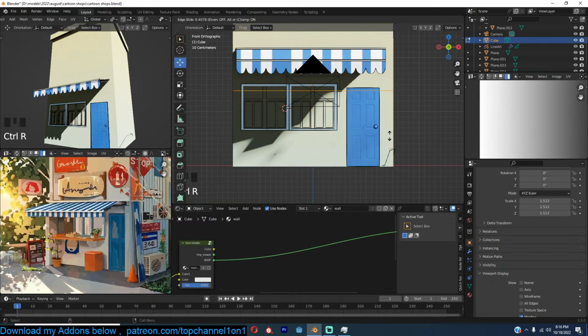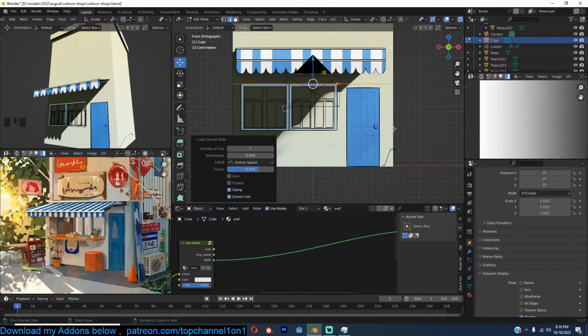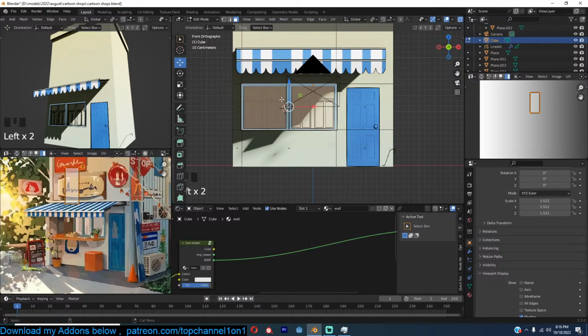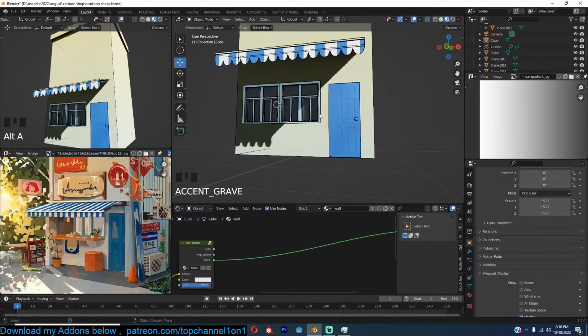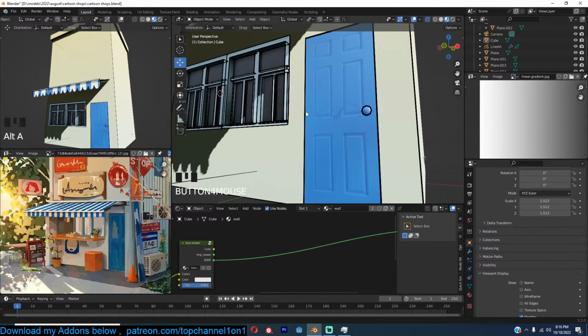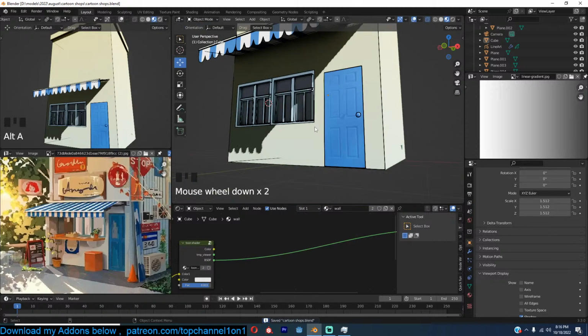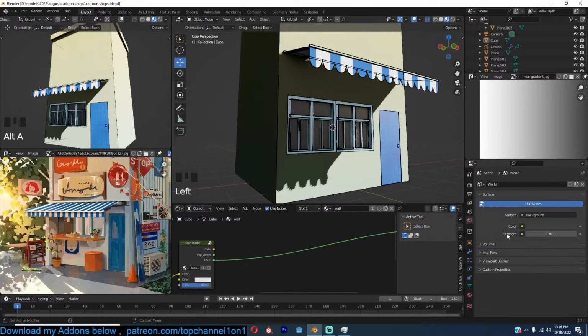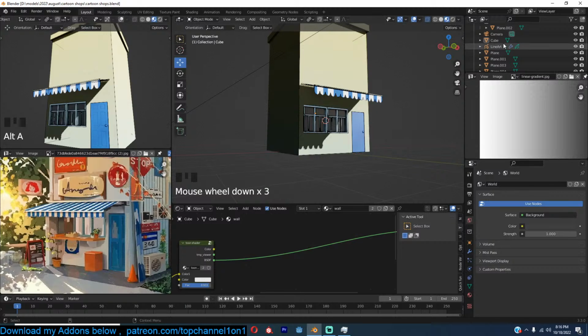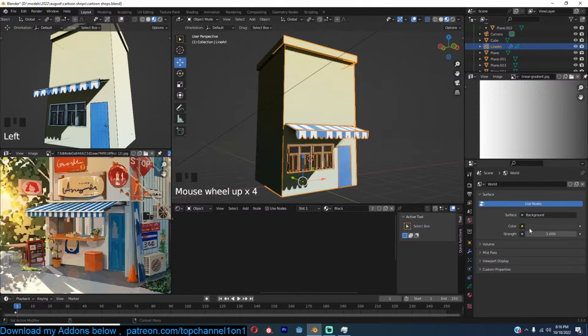So let me add some loops. Now let me go back to the line art and just select